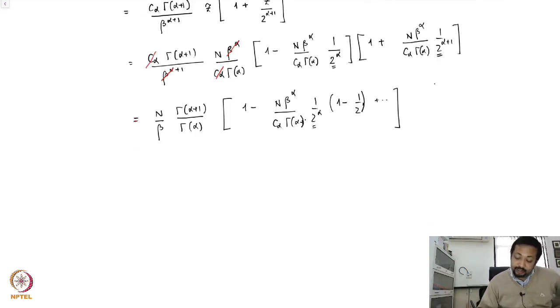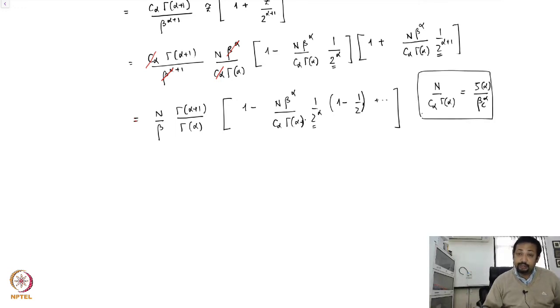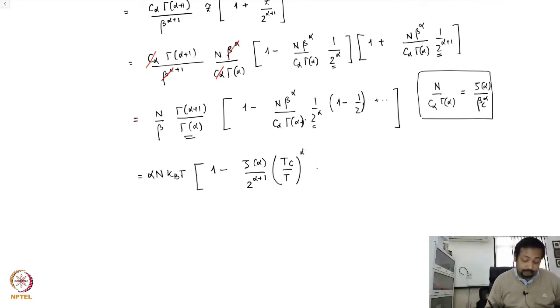and again you identify that n over C alpha gamma alpha was zeta alpha divided by beta C alpha, the critical temperature. So this we have done in the earlier lecture. So this becomes NkBT, and this is alpha NkBT, and you have 1 minus zeta alpha raised to the power alpha, 2 to the power alpha plus 1, Tc over T raised to the power alpha, plus higher order terms. So that this is your energy